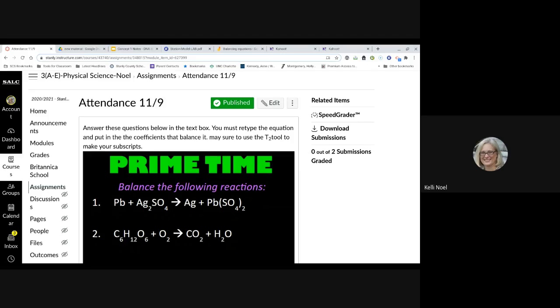So we have the first equation: lead, and then silver sulfate, and that is going to give you silver, and then lead sulfate. So the first thing under the arrow I like to do, and you may have to do it on